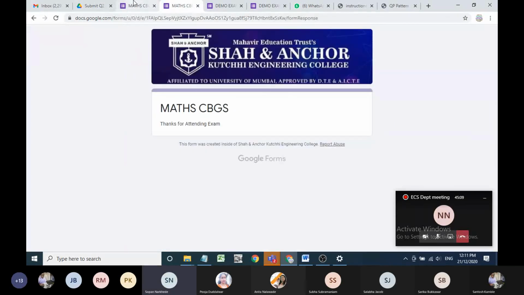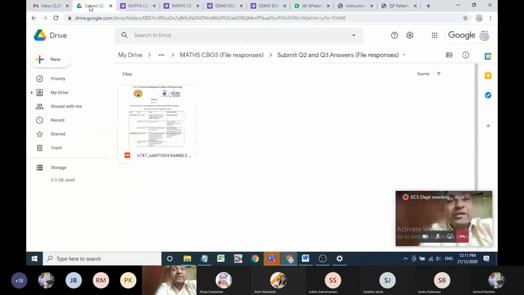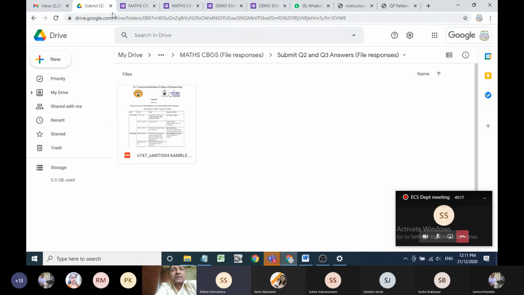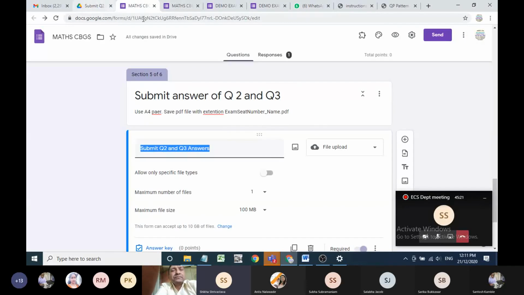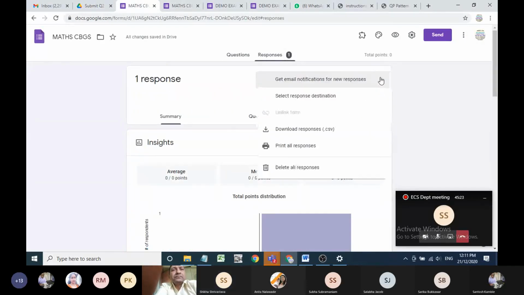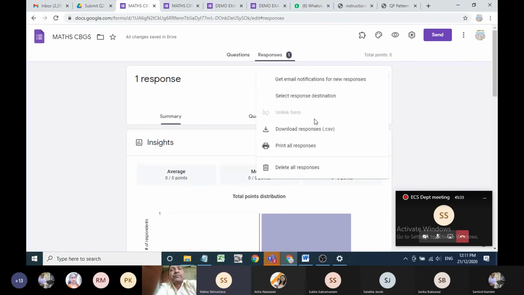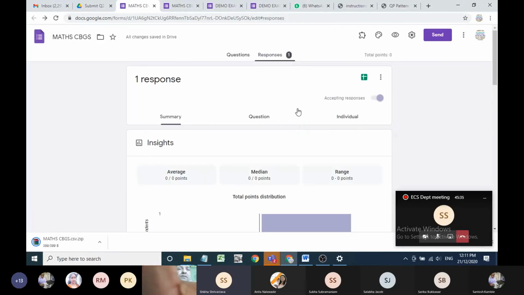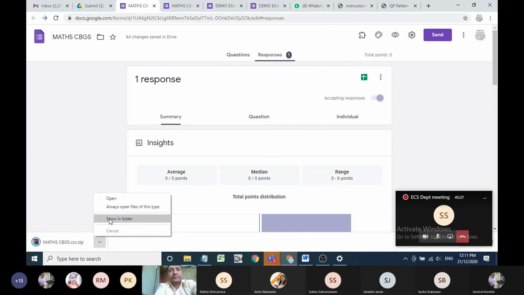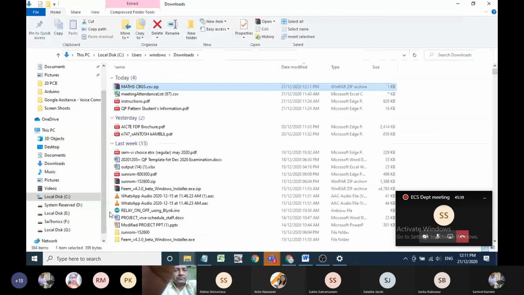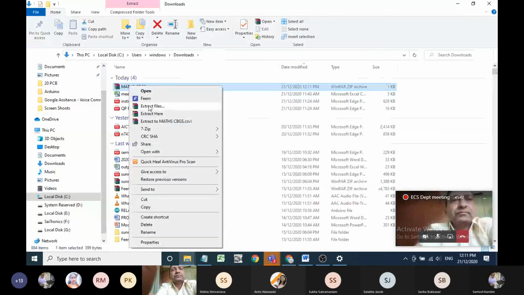If anyone has doubt, they can ask. Santosh sir. Yes, Santosh sir. What will happen to question number 1 now? Where will we get the marks of question 1? Question number 1 marks will be received in your Excel file, download responses. Okay. Thank you, sir. And we can add question 2 and 3 marks there only? No. In the download responses, after downloading the responses, you can add your marks. You can modify this Excel file.